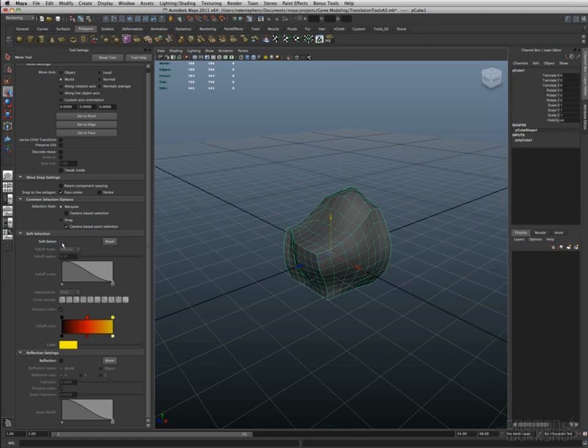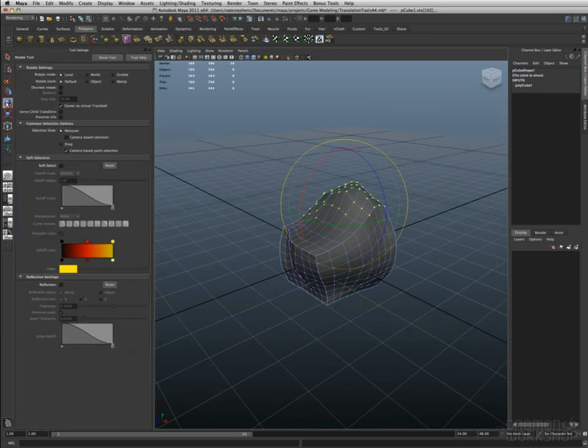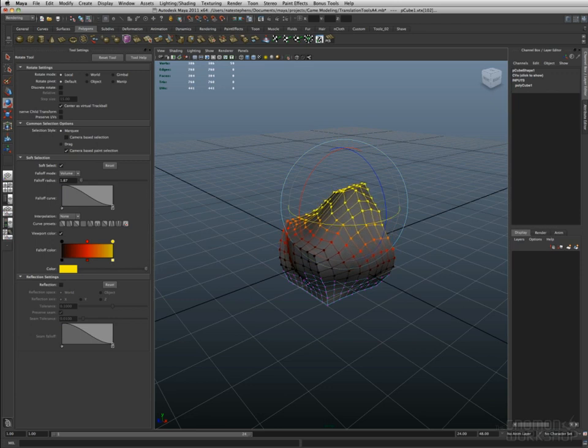Also, keep in mind that soft selection doesn't just work with the move tool. You can also enable soft selection for rotation, for scaling. Let me show you how it works with rotation. Very similar. Grab some verts here. We'll double click on the rotate tool and we'll enable soft selection. And the same thing, it will rotate based on the fall off,